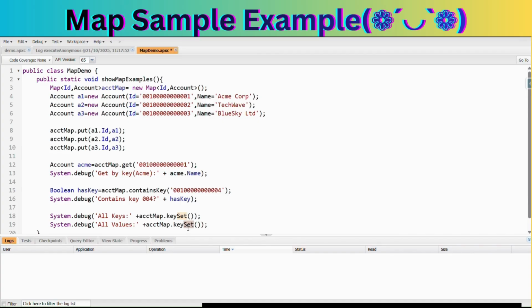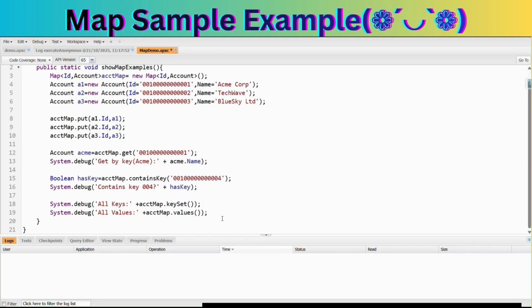After this hash key, now we will get all keys and values. For this we just debug all our keys and all values by using keySet and values. After this maps are perfect, and for lookups specifically in triggers and integrations.